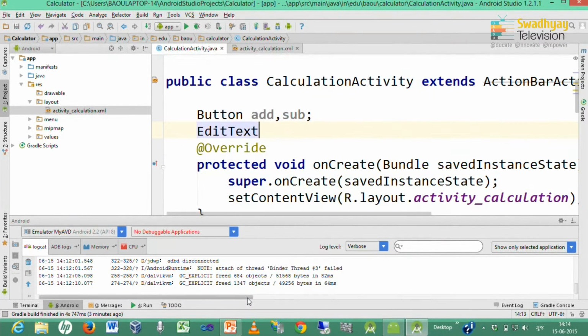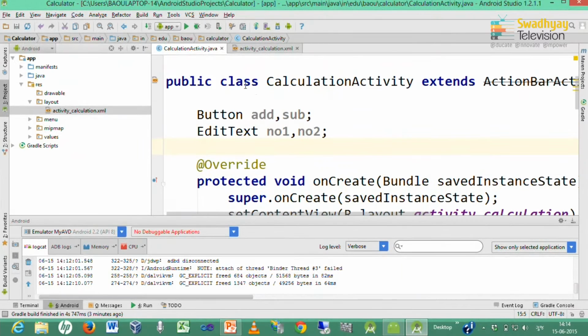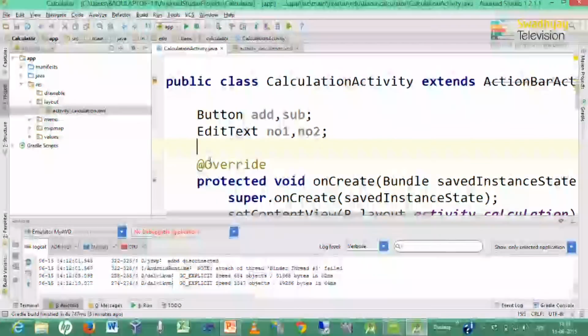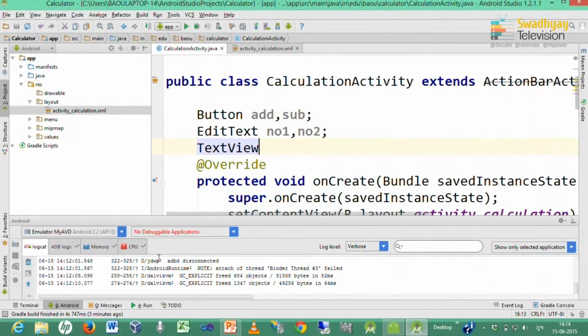So, I declare two edit texts with names no1 and no2. These edit texts will refer to our edit texts in the user interface, and I declare one text view that represents our result with name NO3.